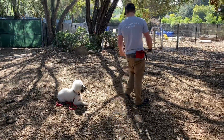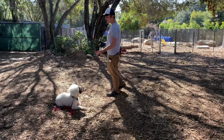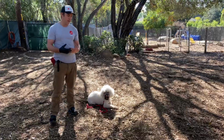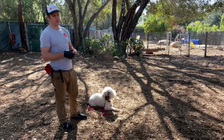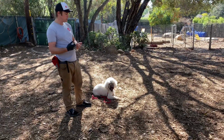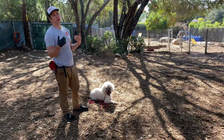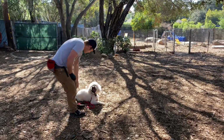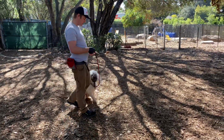Once he's in position in these commands, he's expected to stay in them until we release him. The release word is going to be break if we are releasing him to do whatever he wants, or yes if he's going to come over to us to get food, or if he was a dog that played with toys, we would say okay, and we would give him a toy. In this particular case, we're going to say break,